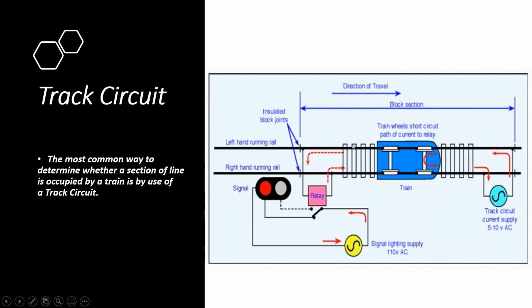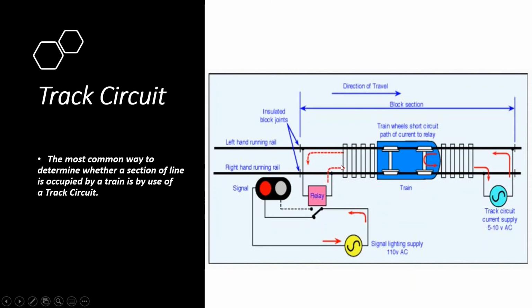That is, a block of rail is connected to a circuit which has a positive and negative, with a track circuit with a supply of 5 to 10 volts AC, and this block is connected with a relay element which drops due to the signals present in the train, that is left hand running rail and right hand running rail, isolated rails. That is, when these two rails are bridged, the relay would go to the off position, indicating that there is a